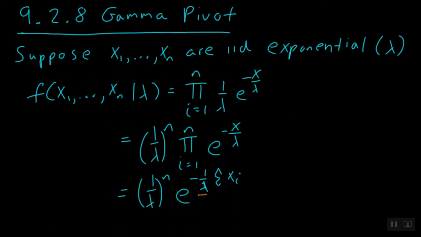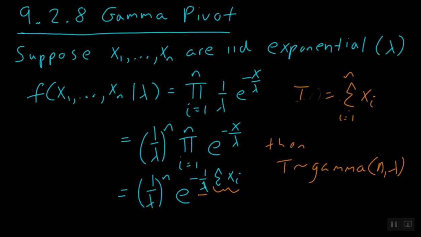From here, we notice that this portion right here does not rely on lambda, and we can call this our sufficient statistic T, which is equal to T of x, which is equal to the summation of all of our x random variables. Then T is going to follow a gamma distribution with parameters n comma lambda,